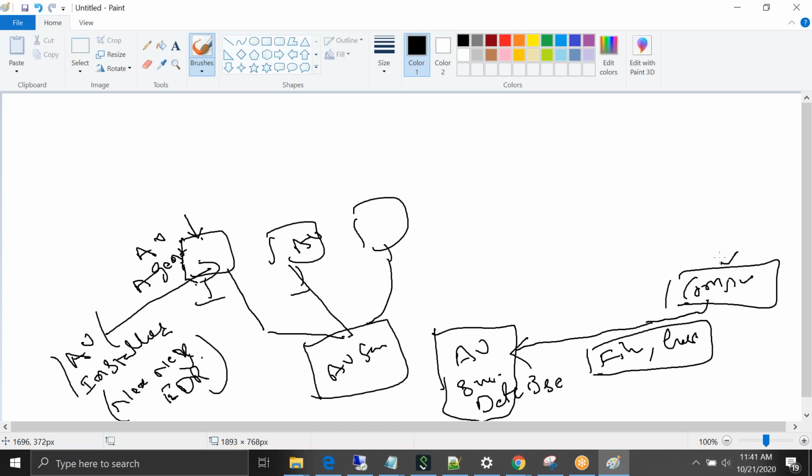Everything will be stored in an endpoint AV server database. Now you know that if the same guy performs an attack on your system,